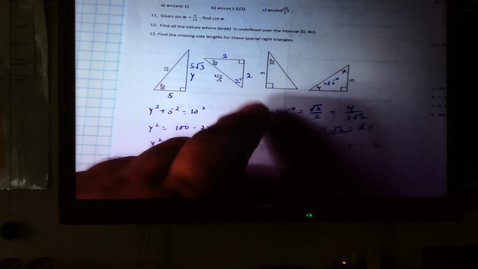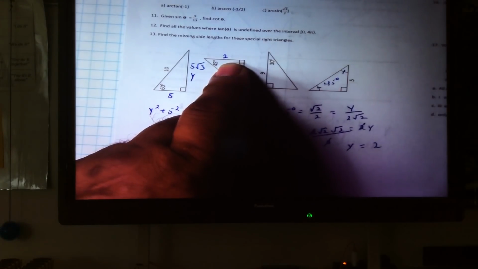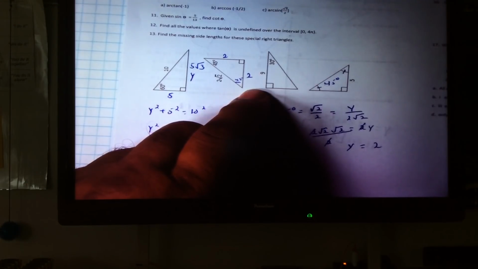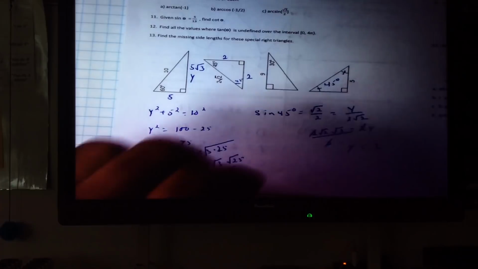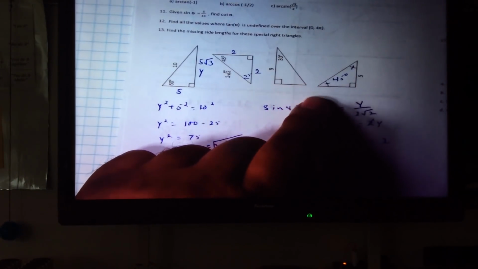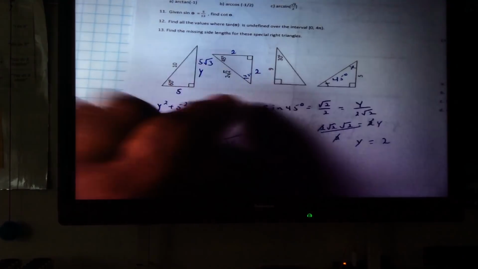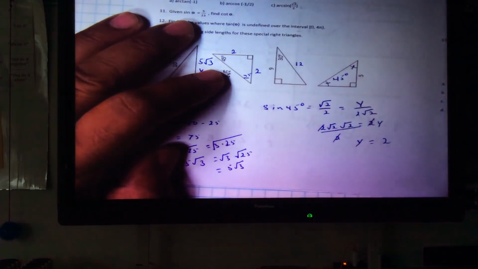Okay, now this angle over here is 45 degrees. That's a little different. 45. Oh, square root of 2. Mm-hmm. And this is 30. This one will look like this one because that's 60 degrees there. And the cosine of 60 degrees is going to be 1/2. And this is a 6. So this has to be a 12. And this one,